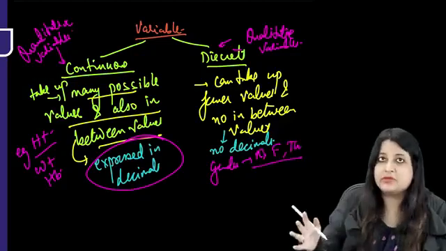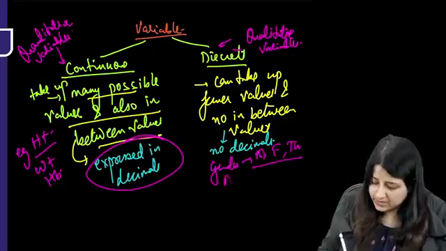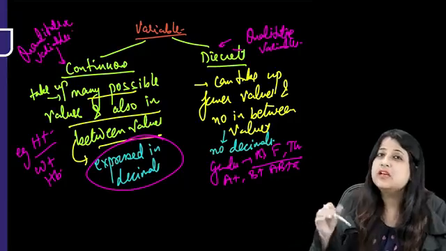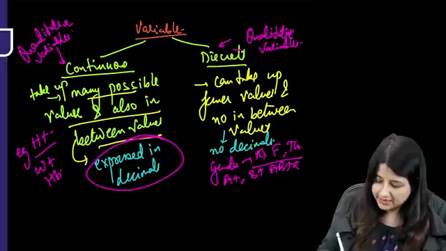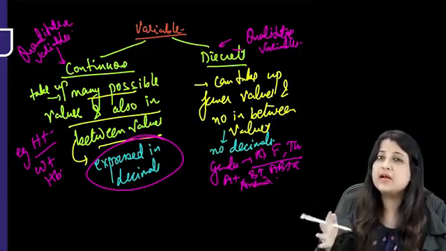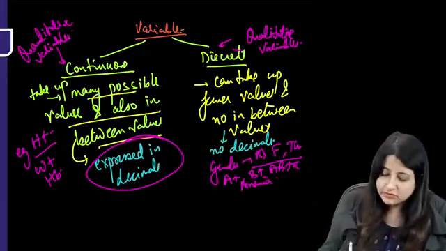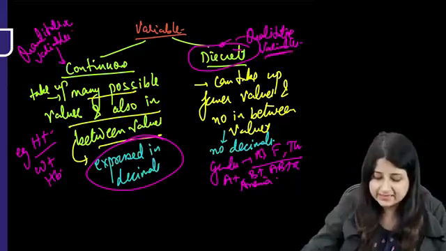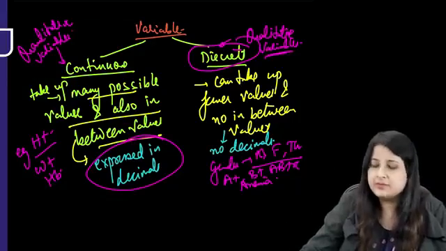Nobody can lie in between. Okay, blood group, you can be A positive, B positive, AB positive. You cannot lie in between A positive and B positive. So you're taking up fewer values. Okay, anemia. Now you can be iron deficiency, megaloblastic anemia. You can't lie in between. All right. So mostly all the qualitative variables are discrete and all the quantitative variables are